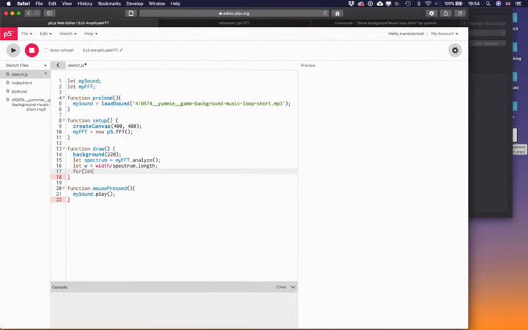So in the for loop we need a variable which will be the index of the array, and we say let I equals 0 semicolon I less than the size of the array, which is spectrum dot length in this case, and then I plus plus, close the parenthesis, open the curly bracket. So in here we're gonna